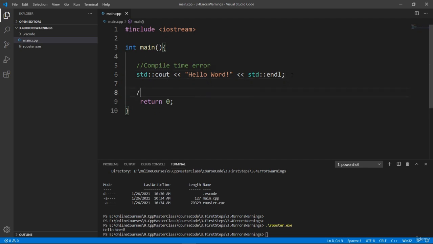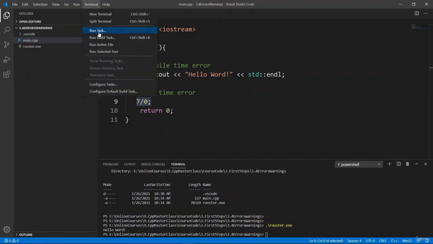The other one is a runtime error. And this comes in the form of things that don't work as you really expected. So let's say we are trying to do some computation in our program. We try to take 7 and divide this by 0, for example. And this is a statement that is allowed in C++. So let's try and build this and see what we get, because this is a common scenario where we have